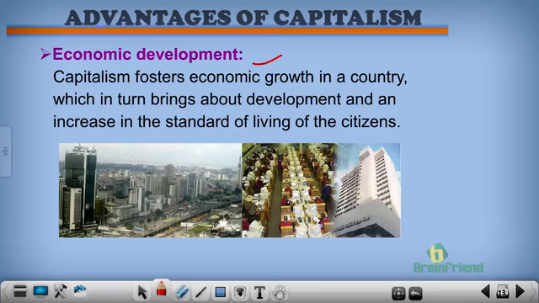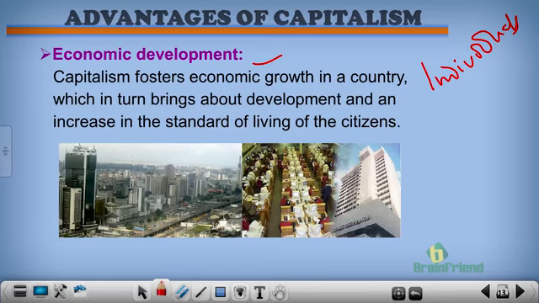These individuals or companies or organizations that own these businesses pay, in one way or the other, and this brings about development to the economy. You might want to ask how. The government of that country or that state, of course, takes tax. And these individuals, companies, and organizations pay this tax to the government, which the government will use to better the economy, bring about development in the economy in different forms.